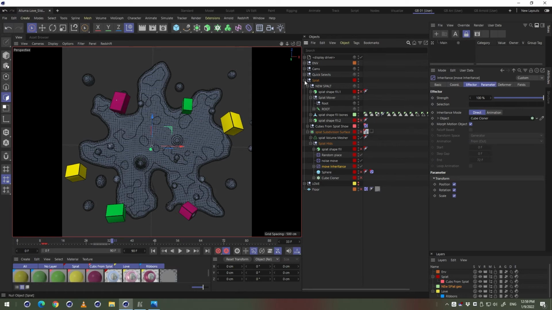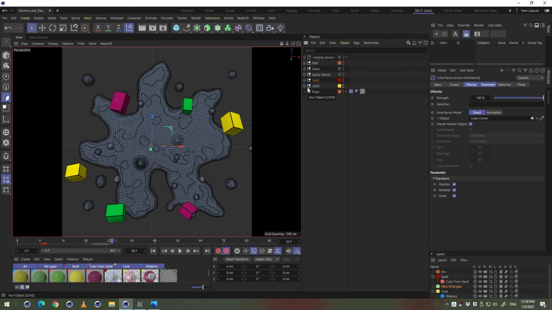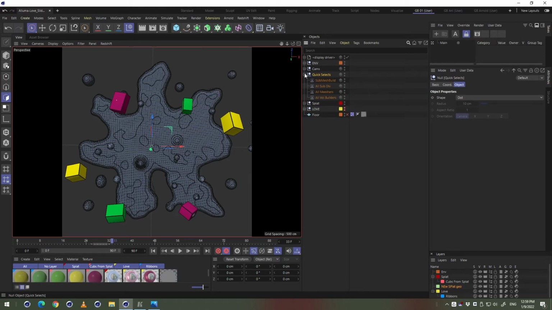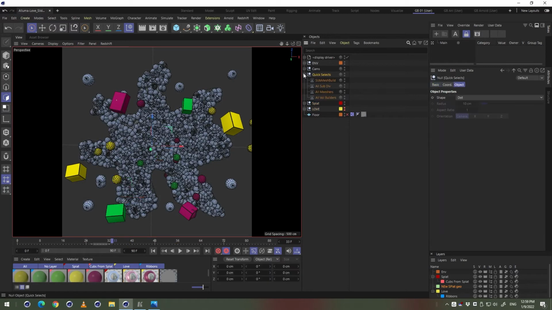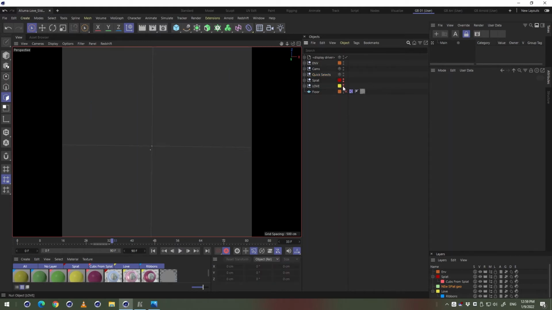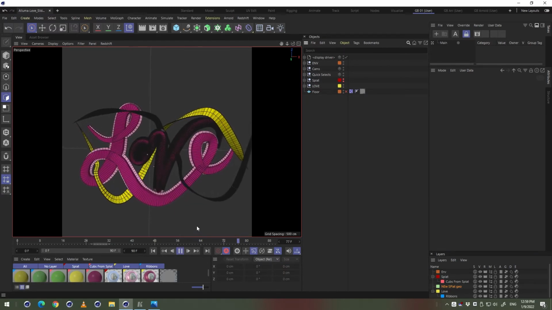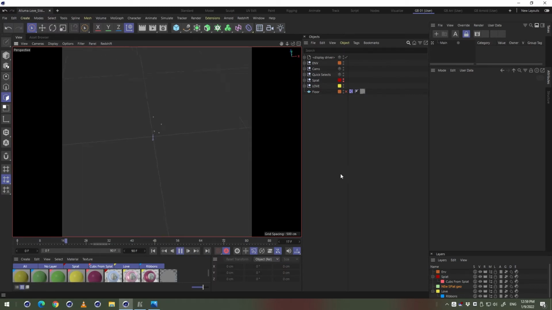Okay, now moving on from here, we're going to check out our text animation. Again, there are not too many different parts that compose my project overall, so it'll be pretty quick to go through these different parts. But let's hide our splat here and turn on our text. So if we play this down, and I can turn off